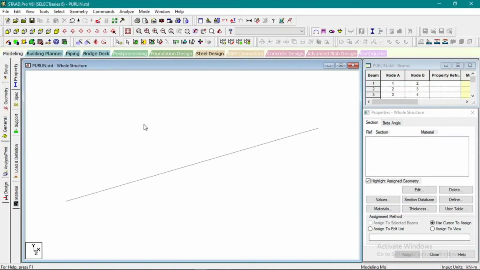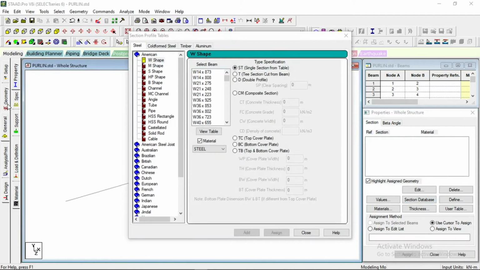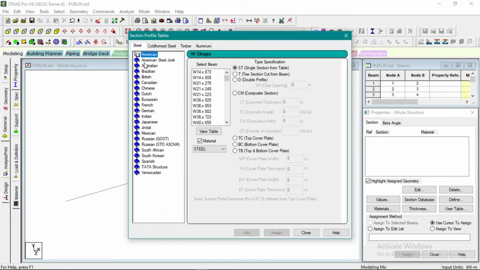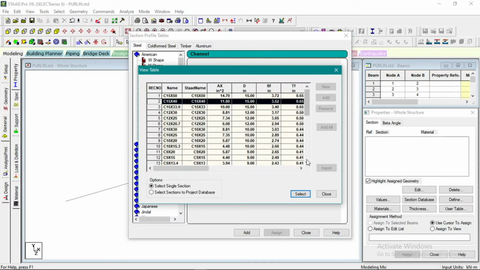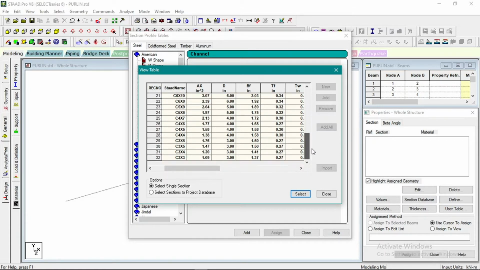Okay, so when assigning steel members, dito tayo sa section database. Note, dito tayo sa geometry, sorry, sa general na tayo. Then property, channel, view table. Hanapin natin dito ang 3 by 1.5. So 3 is the depth, 3 inches. Okay. Yun, 3 and 1.5. There you go. 0.27 inches yung